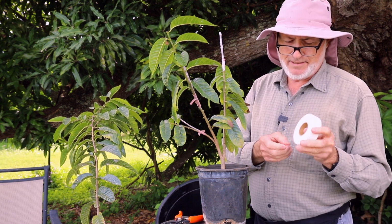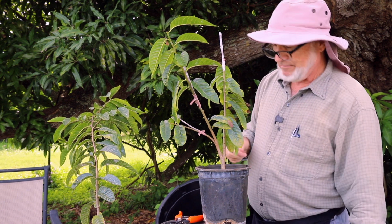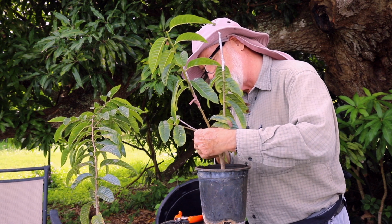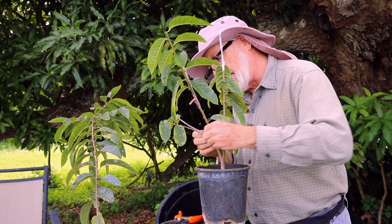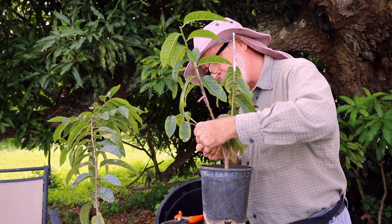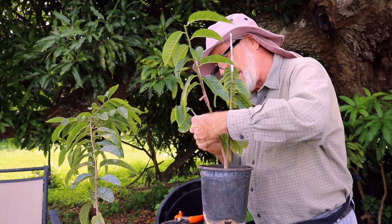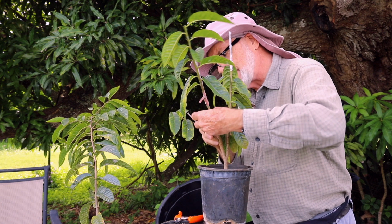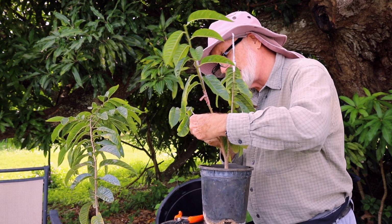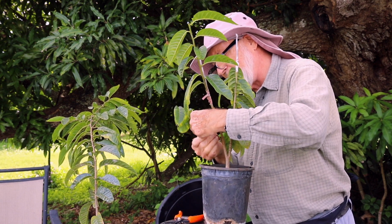So this shows you 3 different grafting styles with non-leafy scions, which is the way grafts have normally been done for thousands of years. Of course, people didn't use to have buddy tape or plastic tape,